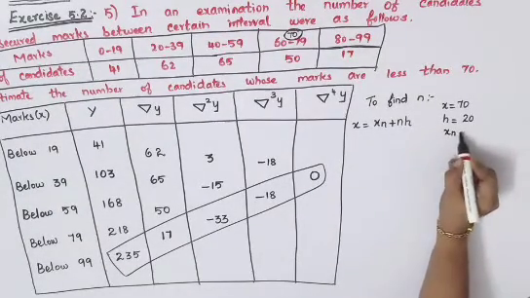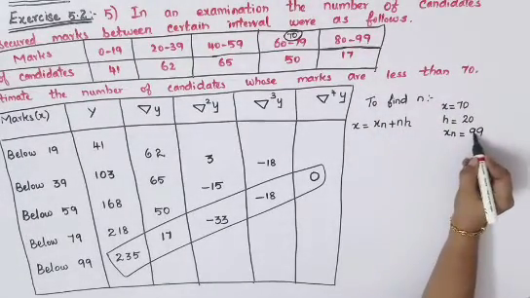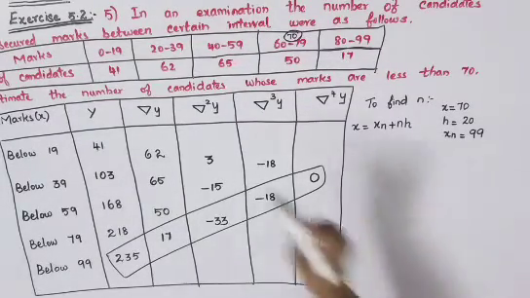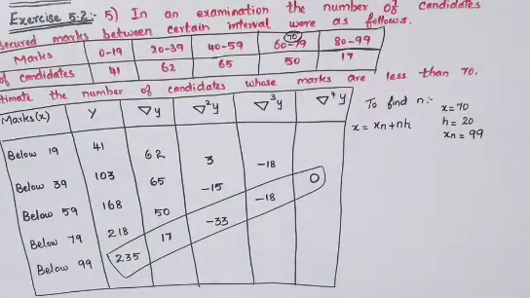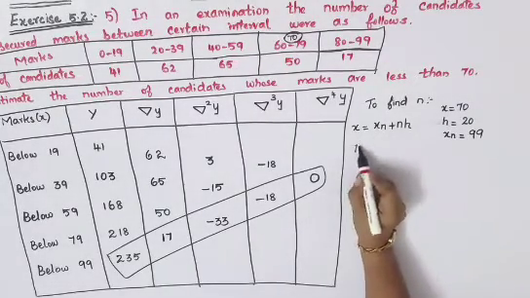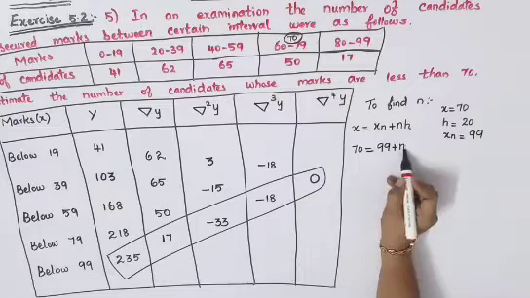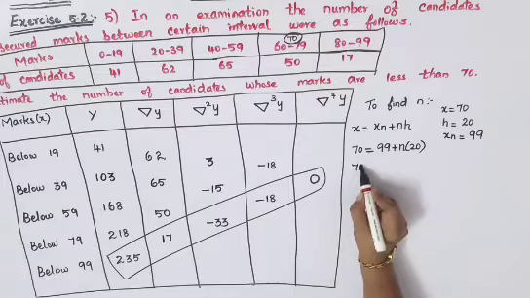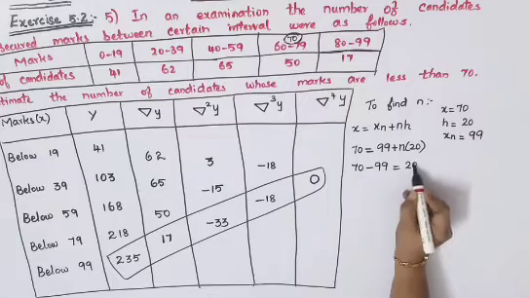Xn, you will have to find it. Your xn is nothing but your last value. It is 99. In your forward interpolation table, you will have your x naught, which means you take your first value. Here xn is your last value. It is 99. Now substitute all these values in this equation. So you will get x is 70 is equal to xn is 99 plus n as it is. Instead of h, write 20. Now you will have to find your n. So 70, take this 99 towards your left hand side, so it will become minus 99, that is equal to 20n.